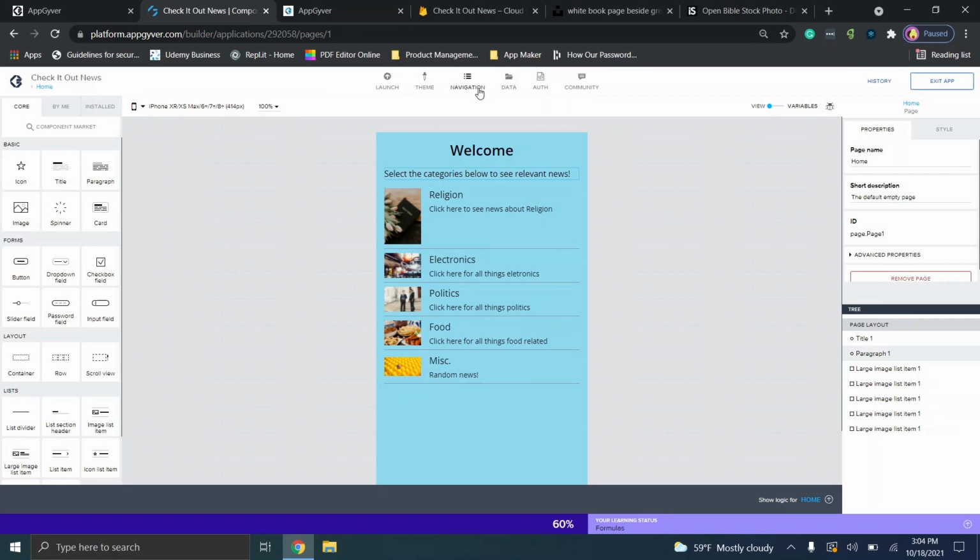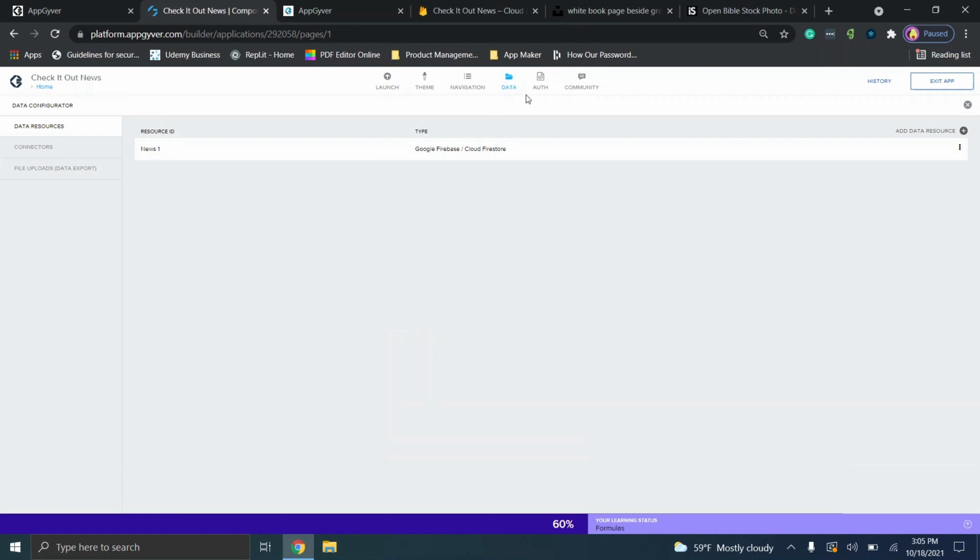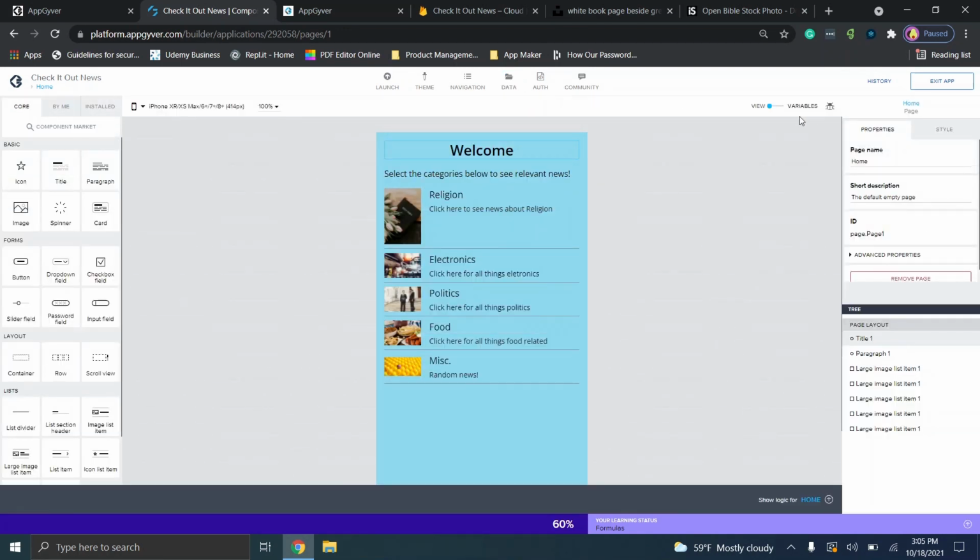You'll make sure that you've added the data resource, the data variable, you've connected everything, and that you can click over. So at this point, like I said, just go through, repeat those steps for however many sections. You can have this set up however you want throughout your app. Just make sure your data variables are set up. If you're switching to new pages, you will need to add those data variables to the new pages and set up your variables accordingly. Once you have your application finished, I will have the link in the description